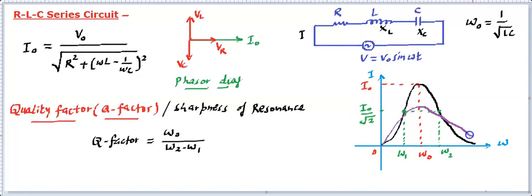If we get another graph like this, you'll find its peak value is smaller. That means it is less sharp, and if we plot another, then that will be even sharper. Sharper means how sharp it becomes at the peak. That means how small the bandwidth is, right? If the bandwidth is small, it will grow more sharply. If the bandwidth is larger, then you'll find it is not so sharp.